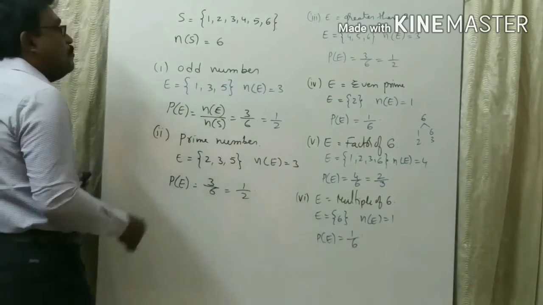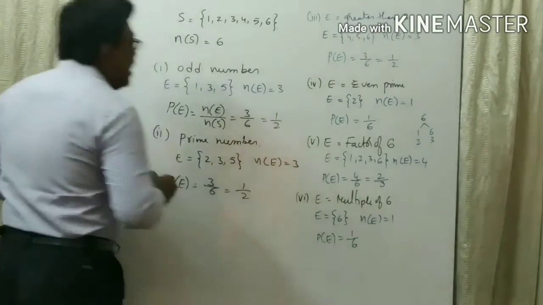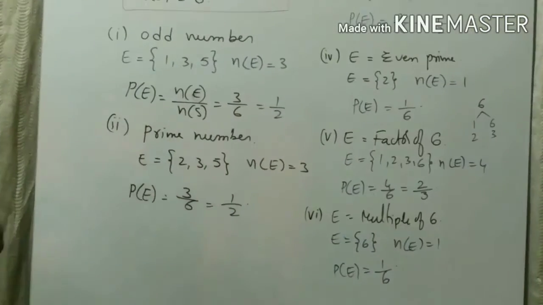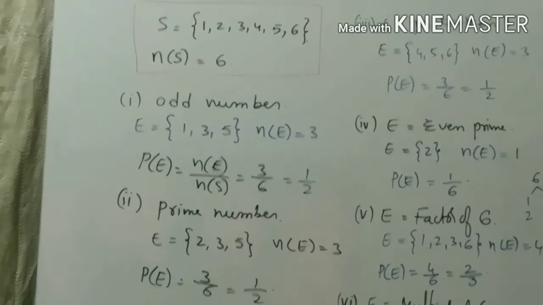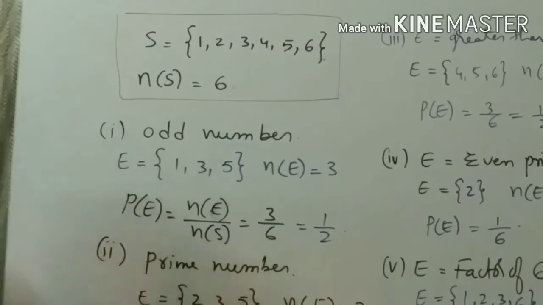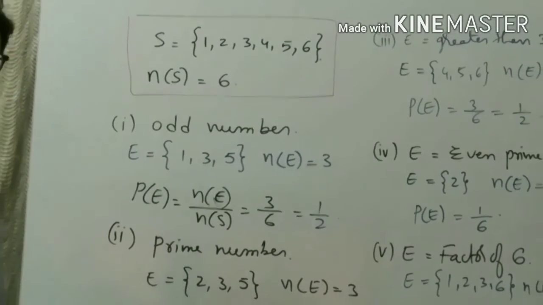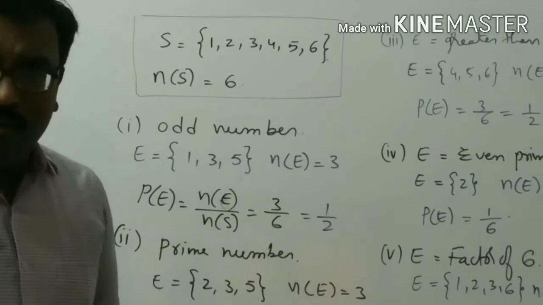But the very, very important thing is the number of sample spaces. If a die is rolled, what are the sample spaces that can occur when one die is rolled? 1, 2, 3, 4, 5, 6. It's our live example only. In summer season you are all playing snake and ladder or Ludo. If a die is rolled, what numbers will come?